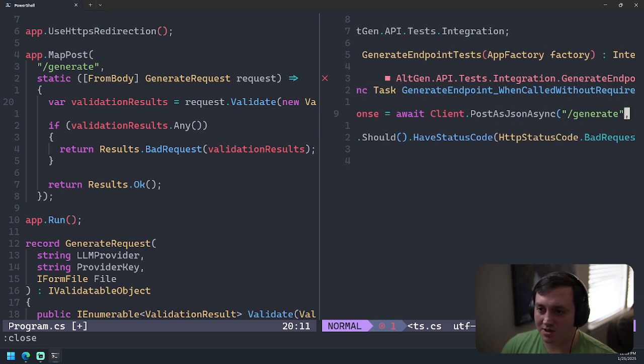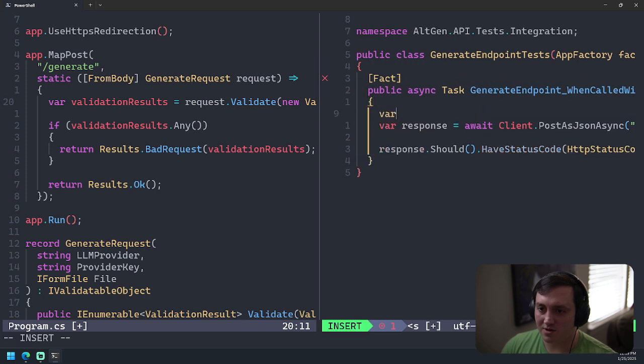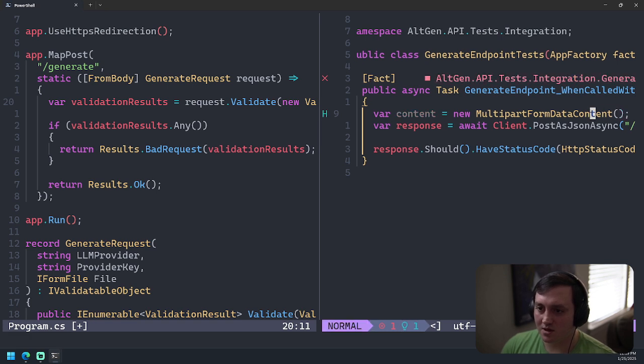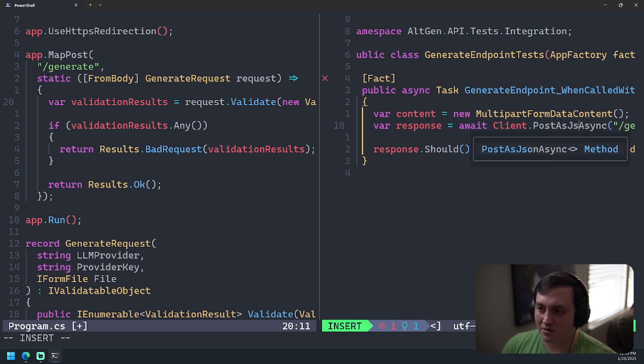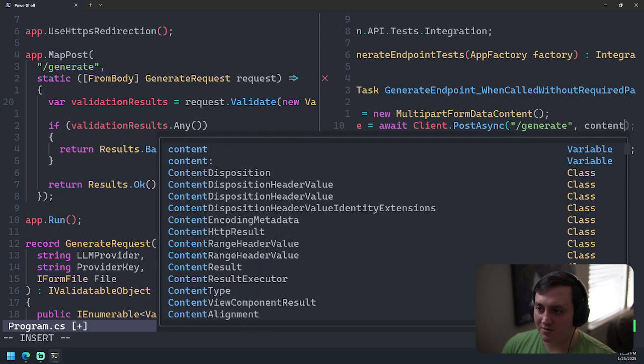We actually want to say var content equals new MultipartFormDataContent. And then here, instead of post as JSON, we want to PostAsync. It's just empty for the moment.